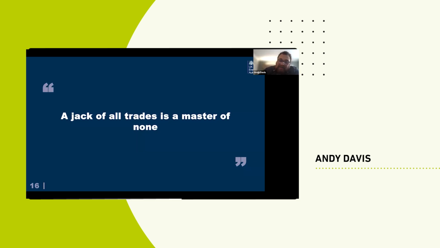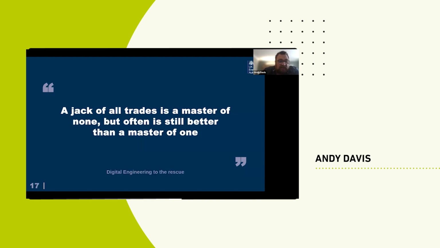What we never talk about is the next bit, which is a jack of all trades is a master of none, but often is still better than a master of one. So one of the things that makes fusion difficult is that it is a mixture of domains, and it's the interfaces between domains where complexity happens. So having more people know about more domains is one of the ways to bring down some of these barriers, and that's what